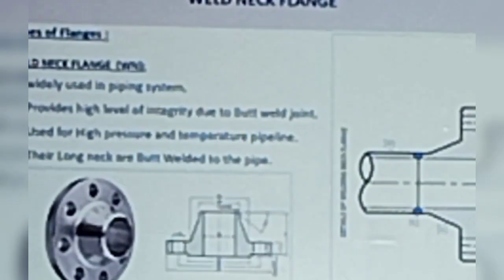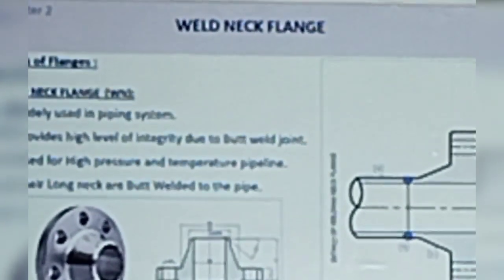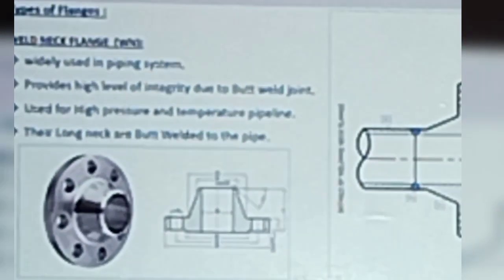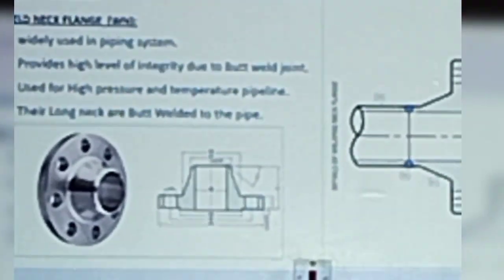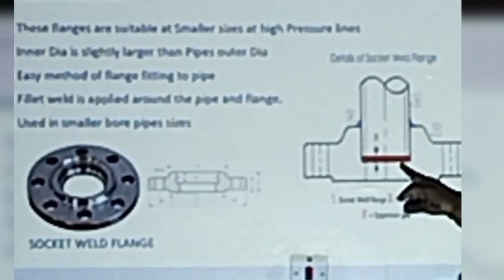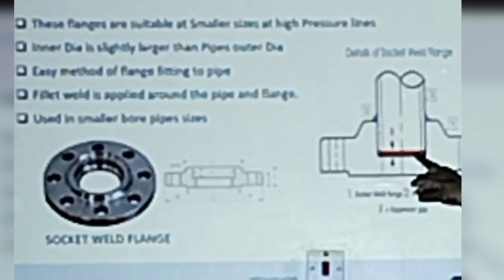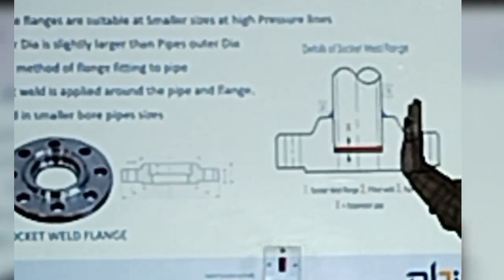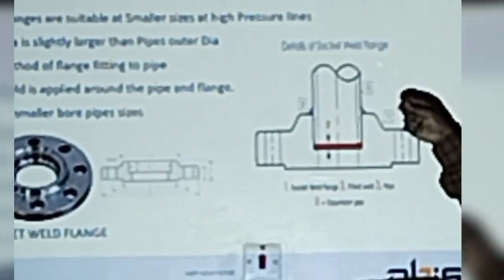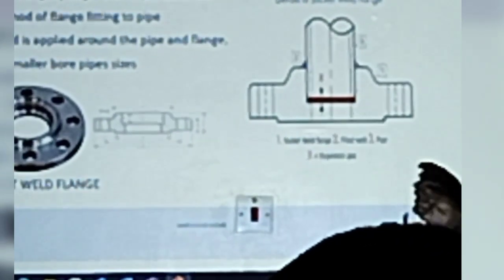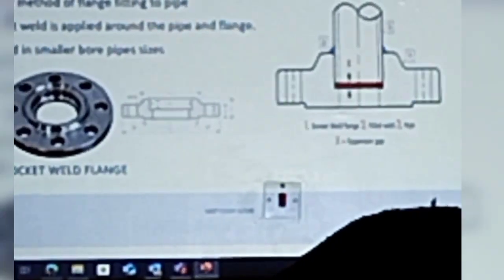Mostly used for high pressure lines because the butt joint will be strong. Leakage will be a very low percentage. The pipe should not touch the flat socket. It should maintain the gap so that it is easy to adjust. Also, while welding, the fumes will come out and will not get stuck inside. And this distance should be 1.5 millimeter as per the standard.